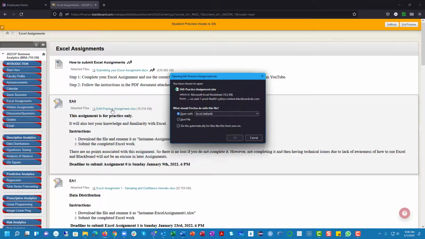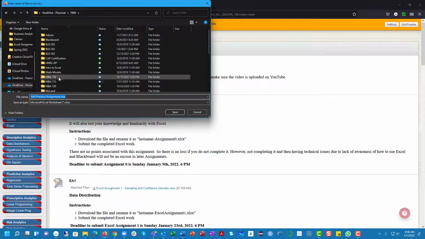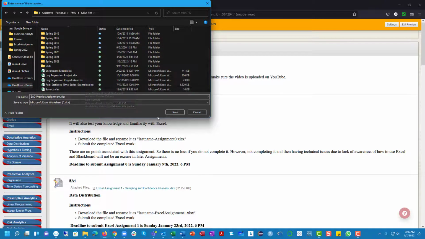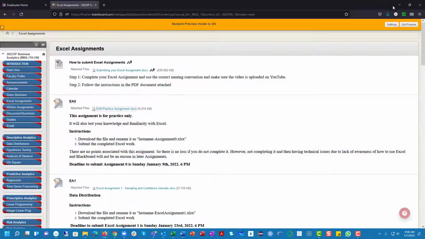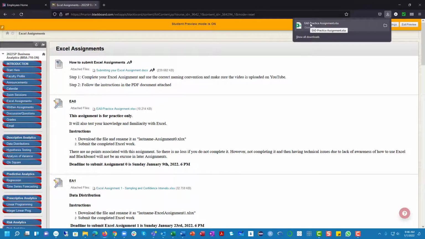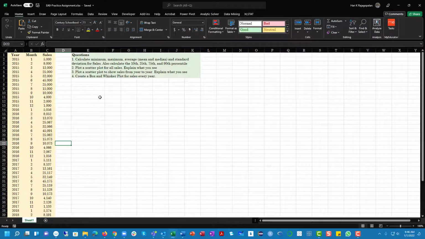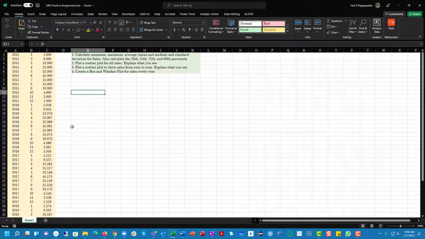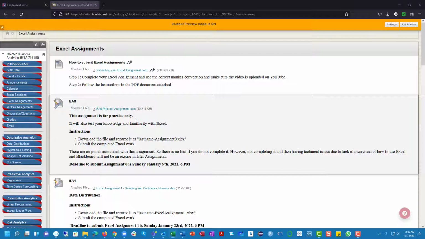So if you click on this, I'm using Firefox right now, so I would go ahead and save the file. So let's go ahead and save this file. And then once you save the file, if you're using Firefox, and I would definitely recommend all of you use Firefox, you can open up Excel, right? You open up Excel, you work on this data set just as a practice, and then once you're done,